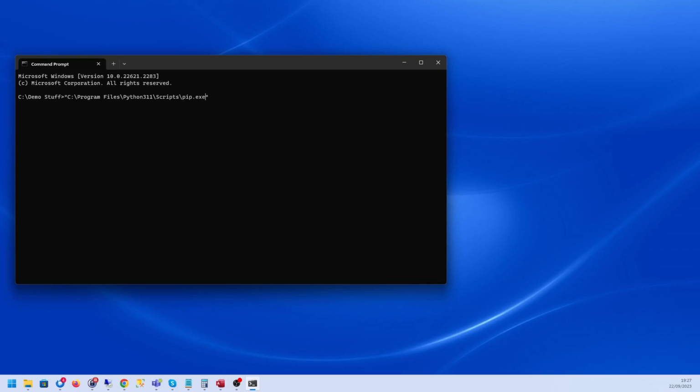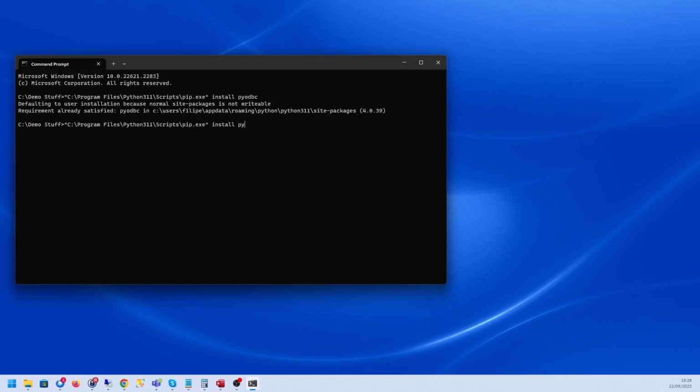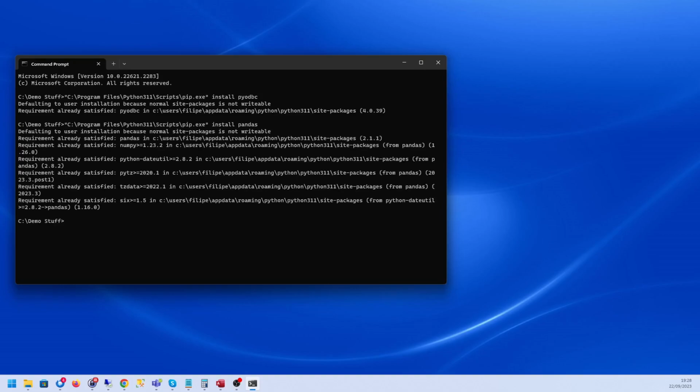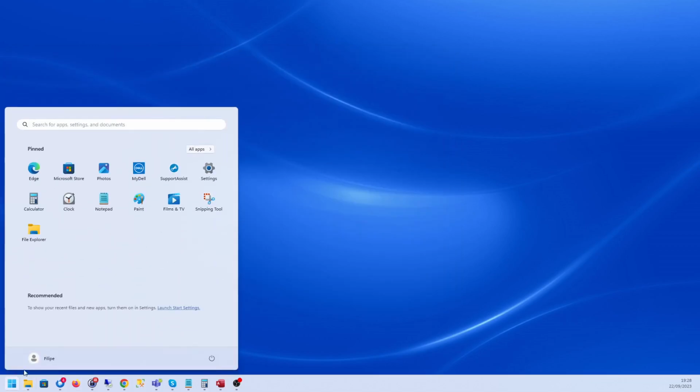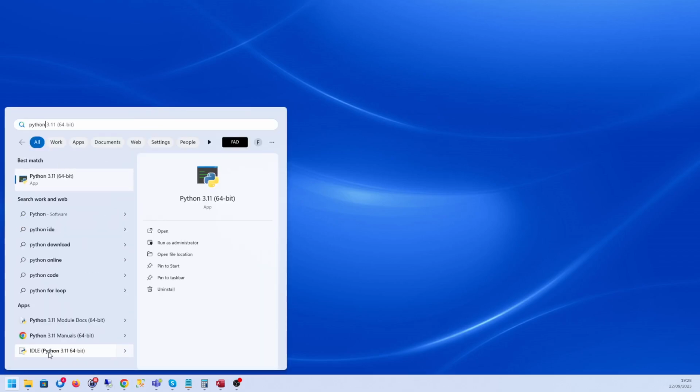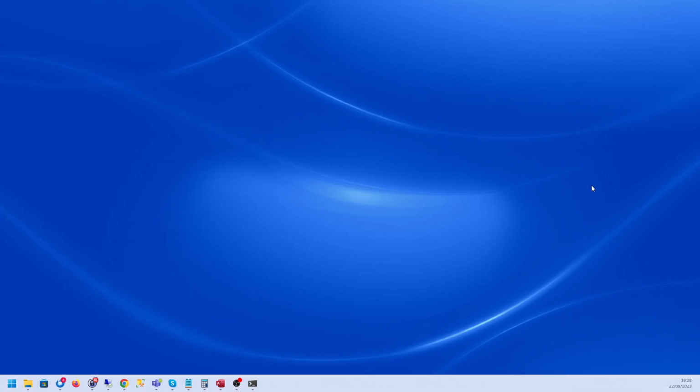So you just do this, followed by install pyodbc. Now, it's already installed on mine because I've done this before, and then install pandas, which you need for querying the SQL database. So that's done. I'll close that now. Now, if Python's already open, close it, then reopen it so it recognizes those two modules that you've just installed,